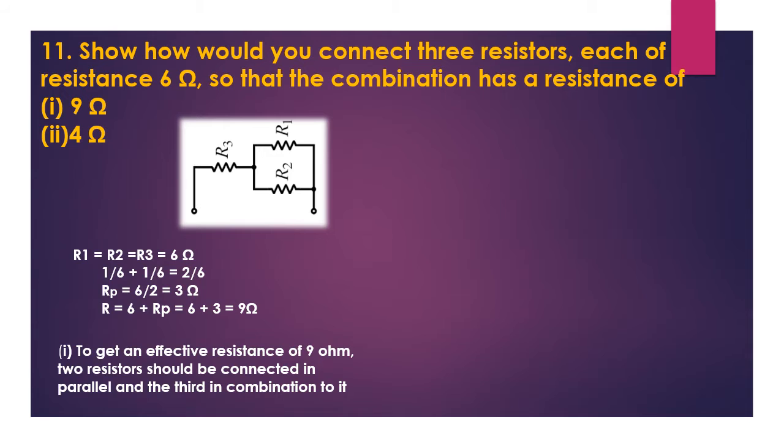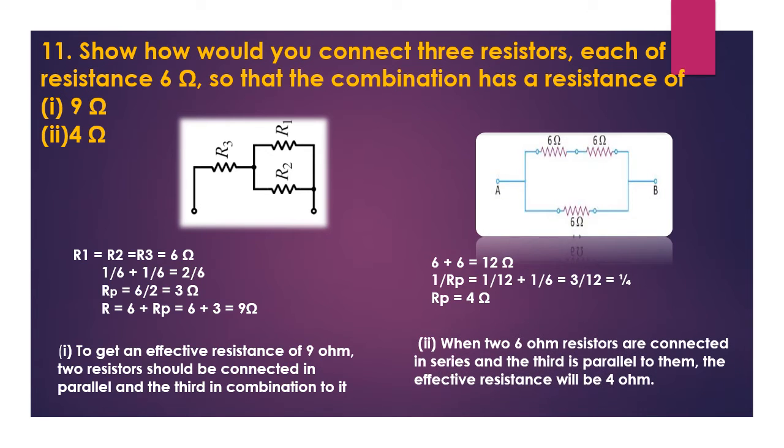Now how can we get 4 ohm? Look at the circuit diagram. So here two resistors have to be first connected in series, and then to the combination we have to put the third resistor. So let us verify it. 6 plus 6 will get 12 ohm. First we will do the series combination, and then we take the RP, and finally we will get the answer